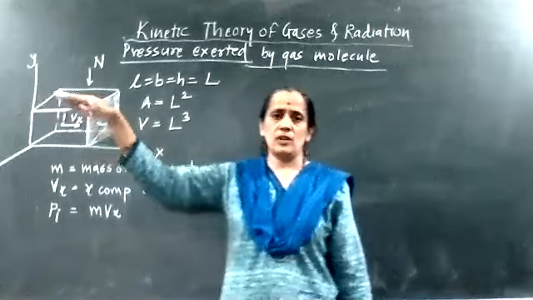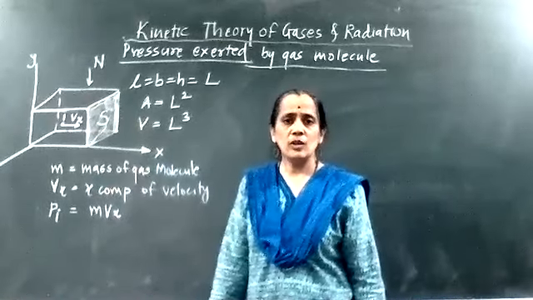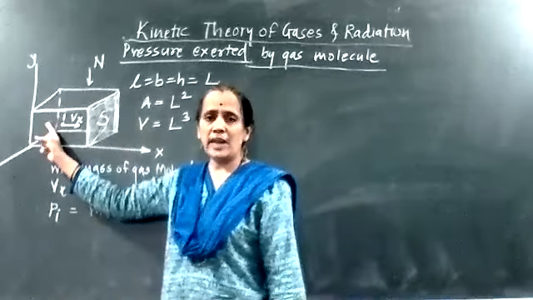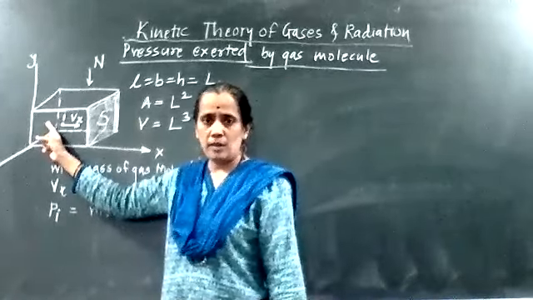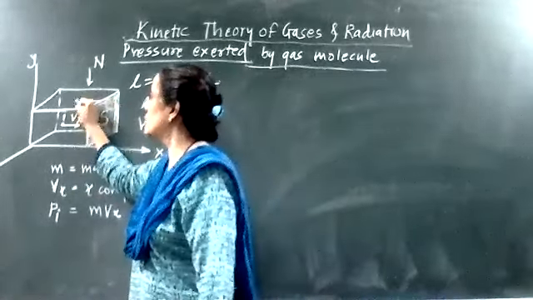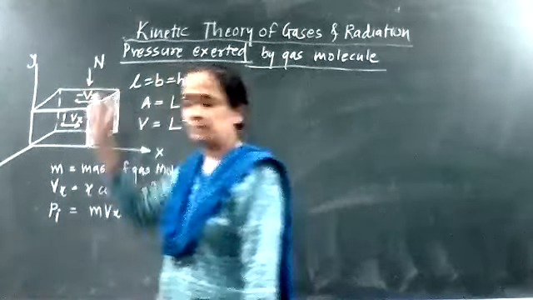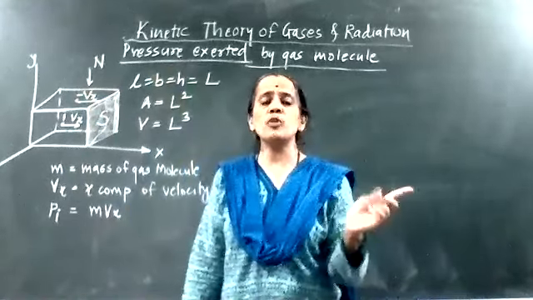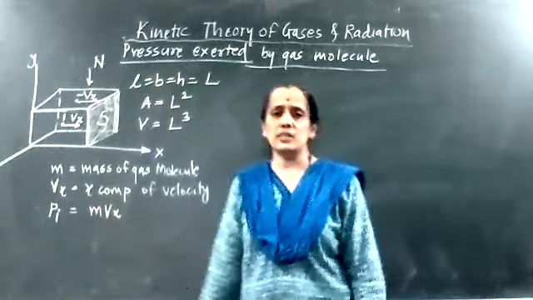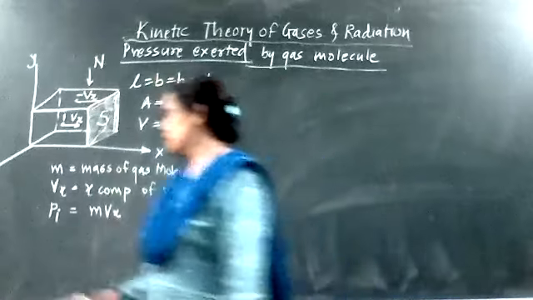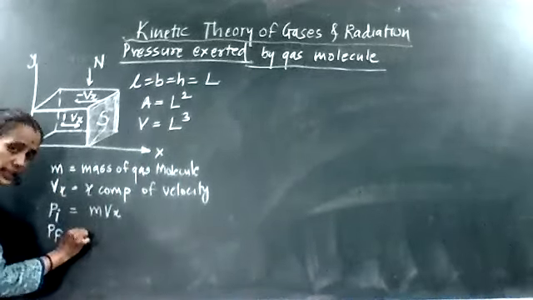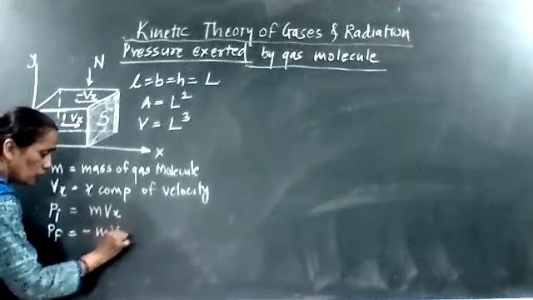Now it will travel towards the origin of the cubical container in the negative direction. After rebounding, its velocity will become minus Vx. The direction of velocity is opposite to that of the initial one. Therefore, I have taken this velocity as minus. So I can say that the final momentum of that gas molecule is nothing but minus m into